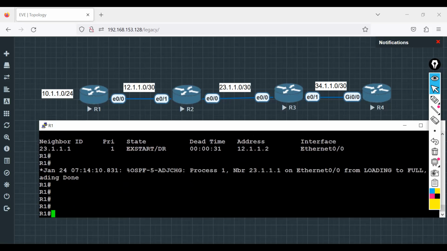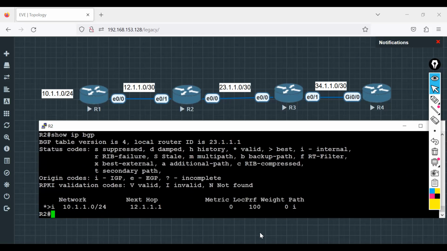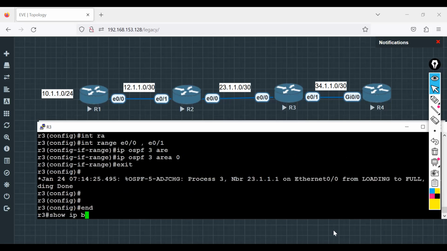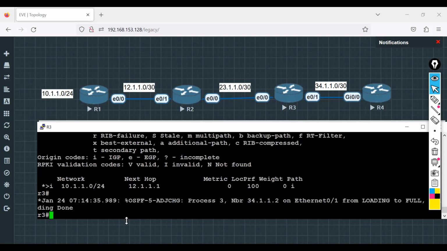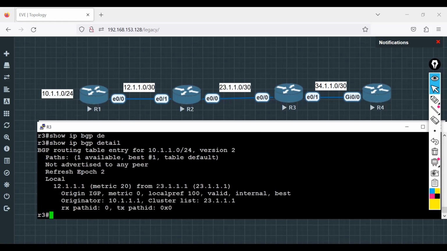So if I go to R2, show IP BGP, and now if we go to R3, show IP BGP. Now this prefix is best, right? Because they know how to reach 12.1.1.1. Show IP BGP detail. Can you see this? Not advertised to any peer. Yep. Why? Because